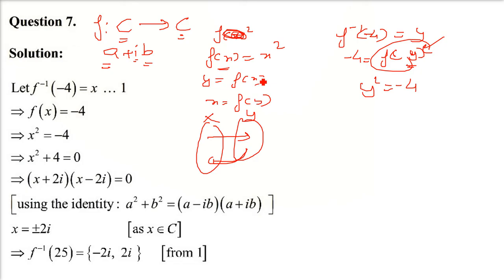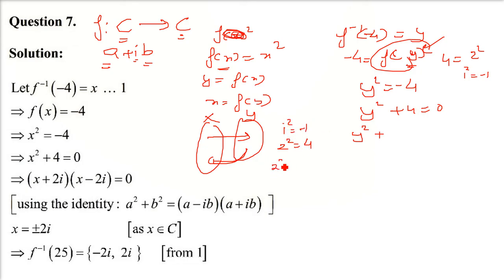So how do we do this? Because it is already being said that this is a complex number, so we have to change it into a complex number. y square plus 4 equals 0. Now see here, 4 can always be written as 2 square. How do we introduce the value of a complex number? We know i square equals minus 1, iota. So i square is negative 1. 2 square is 4. So in order to put this i square, we have to have a minus 1 there.